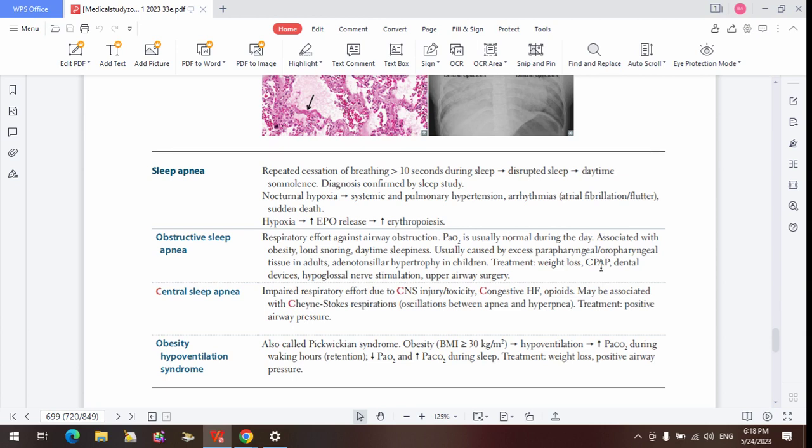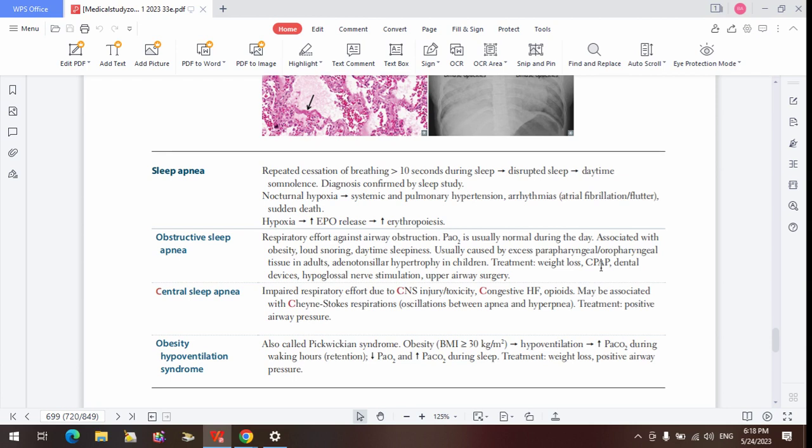Do you guys remember when we were talking about scoliosis and obesity? Kyphoscoliosis and obesity affect the chest wall mechanics. So the normal respiratory activity of the chest wall muscles is impeded in someone that is obese, because your chest wall muscles are replaced by fats. So you cannot readily breathe in and out. So there's a tendency of them having hypoventilation, someone that's obese.